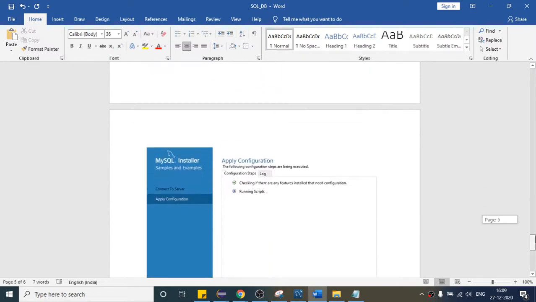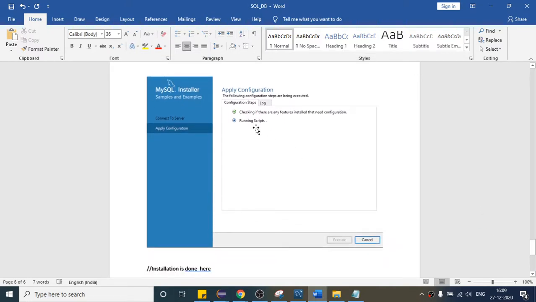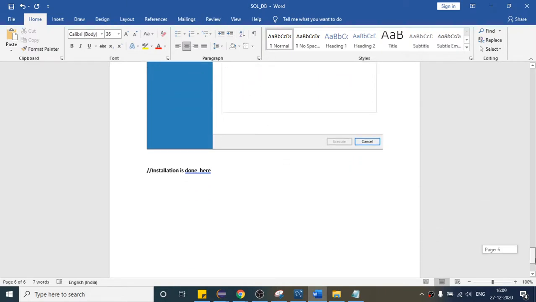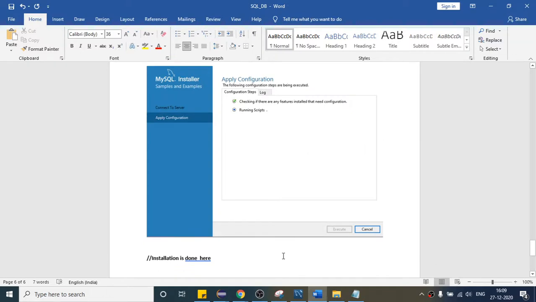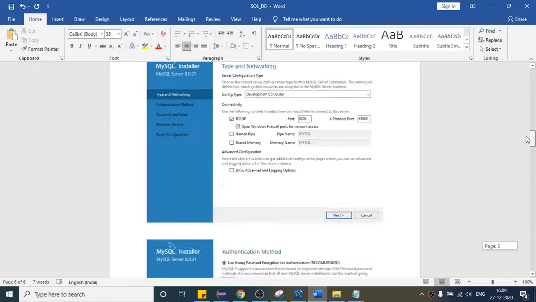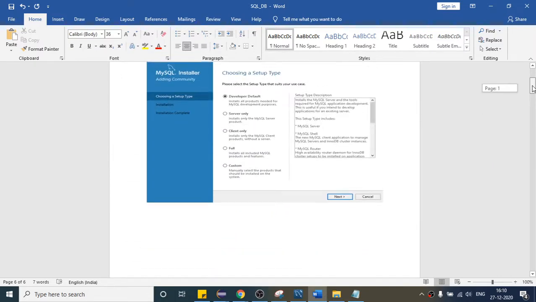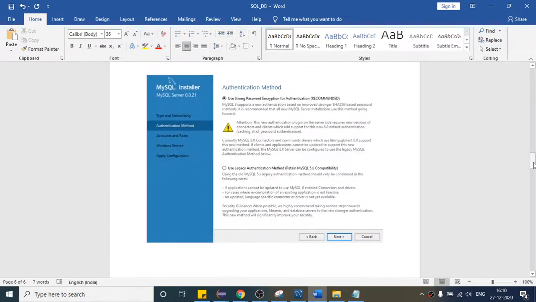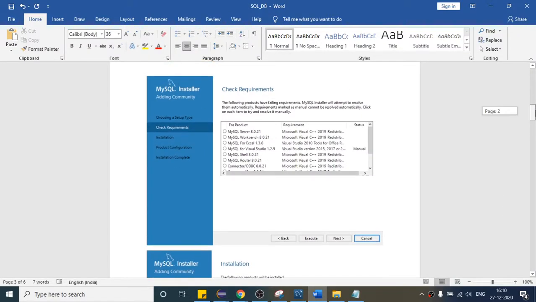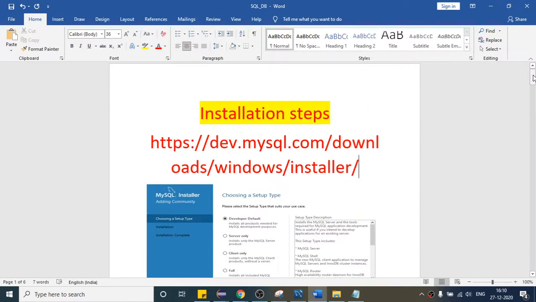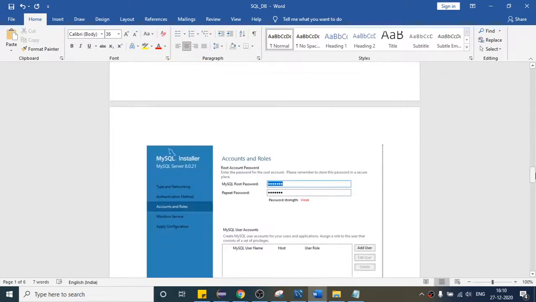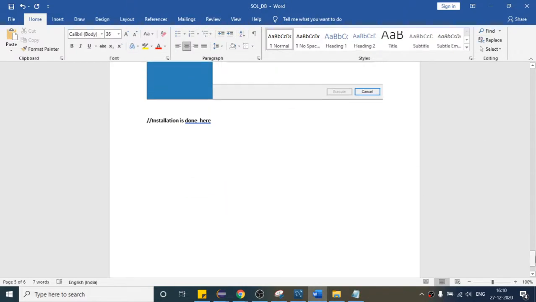So once you will click on next, finally it is again configuring some steps, and after that click on execute, and after that you will see last window. So this is how you have to do the installation part. So I will share this file with you all so that you can see what are the windows you will get. And once you will install that, so installation part is clear to everyone. Okay, so till this point installation will be done.